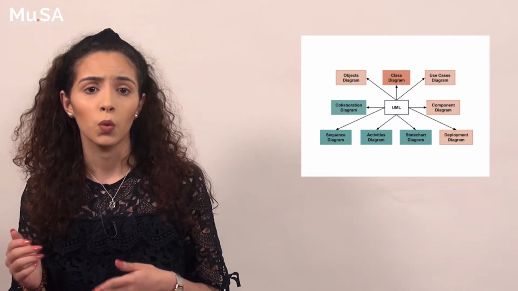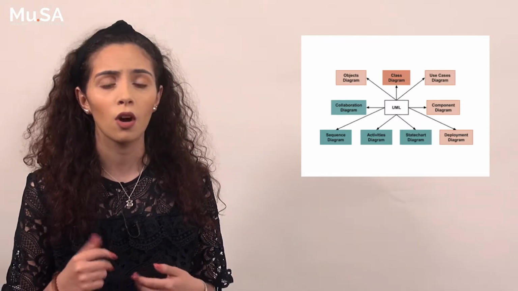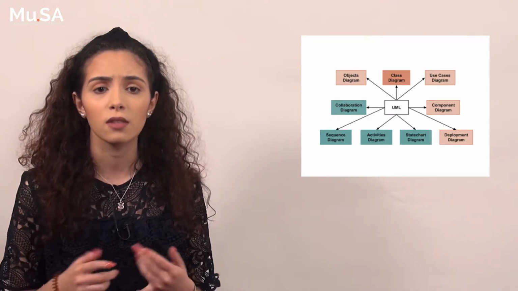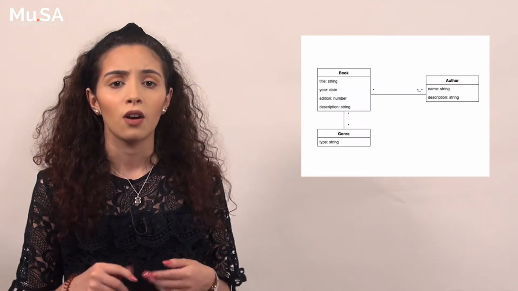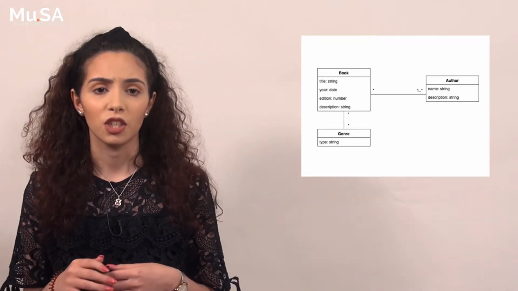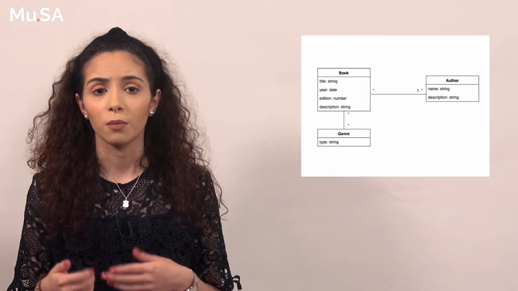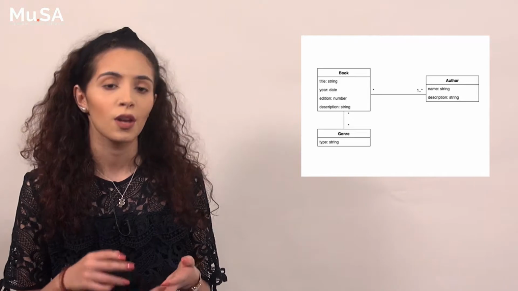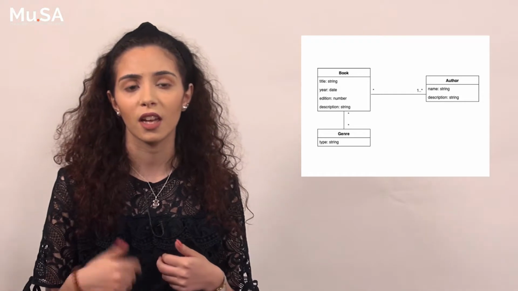Static view diagrams, which include diagrams like use cases, classes, objects, components and deployment, or dynamic view diagrams, which include diagrams such as sequence, collaboration, state charts, and activities. Our main focus today are the class diagrams. A class diagram models the application's vocabulary from the point of view of the user or problem, or the implementer solution. In a class diagram, we can have classes, of course, attributes, operations, associations, objects, multiplicity, etc.